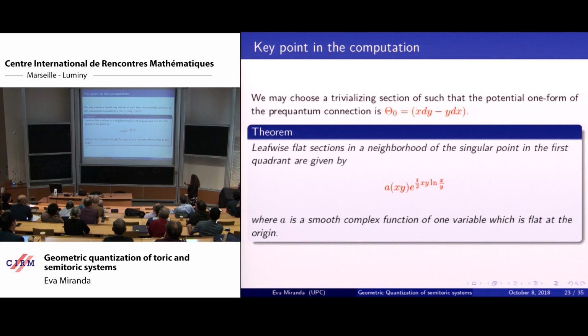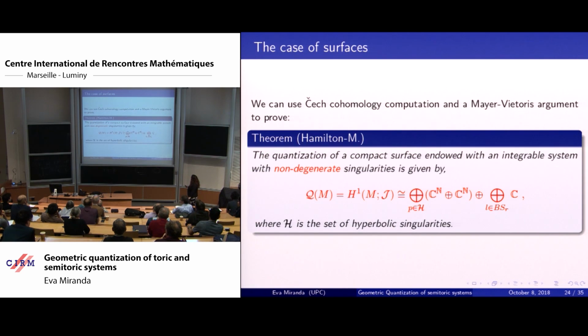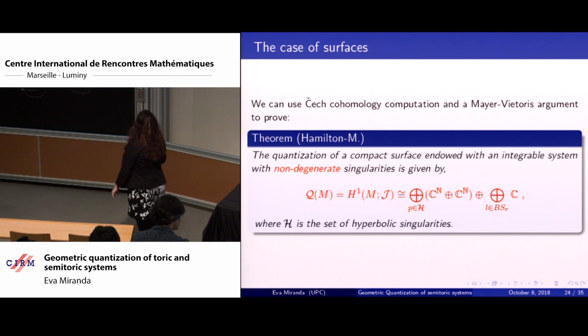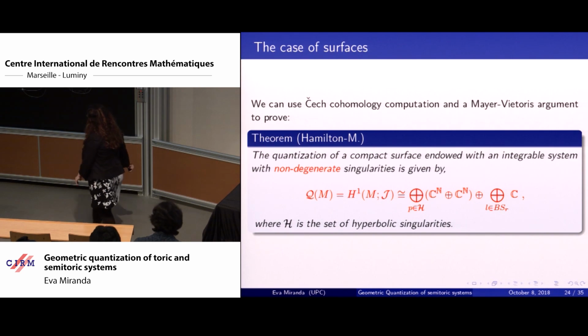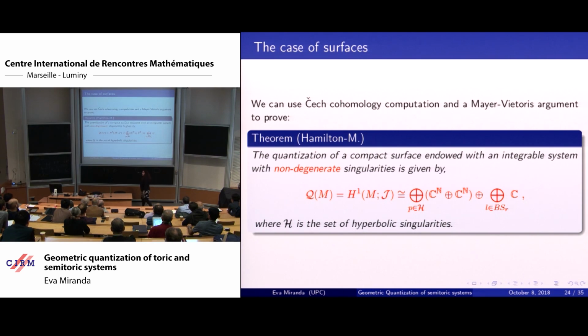Okay? This gives me as an answer the following, that first the quantization is going to live in H1, okay? And then in the quantization, first you're going to fish all the regular Bohr-Sommerfeld leaves. These contribute C, each one. And then when you have a hyperbolic singularity, what is this thing? You have a collection that corresponds to the Taylor expansions. So the invariants are given by 2 Taylor expansions at the point.